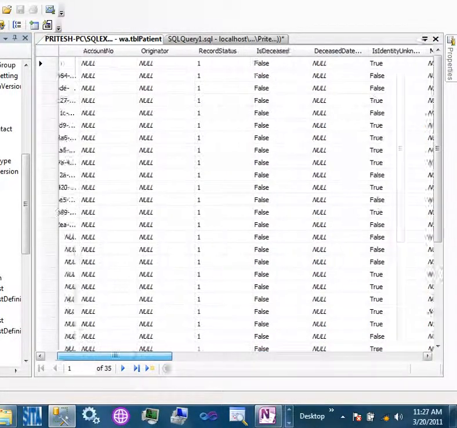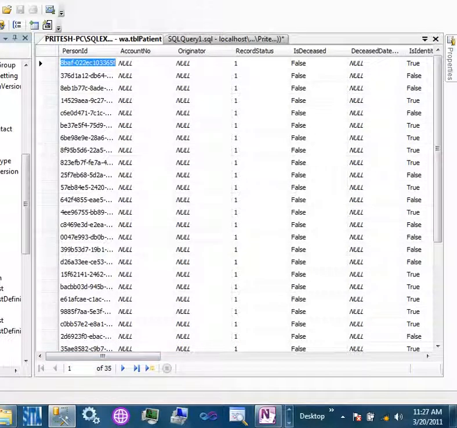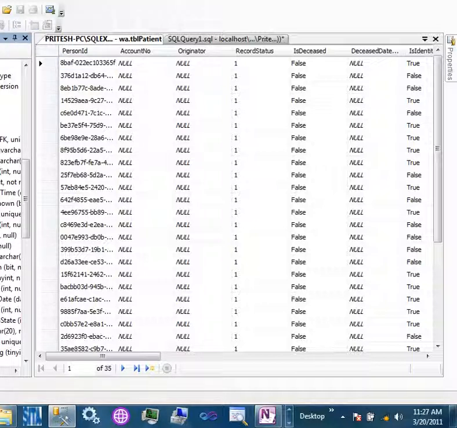So if you have to create one patient, you should know all the columns. You should write an insert query that will create your patient. And who gives you the format? You have to look into the columns. You see how I can see the columns here? I can edit the first 200 rows, and then I can see, okay, I need to put these values. Is that already provided for you? Like account information, originator?